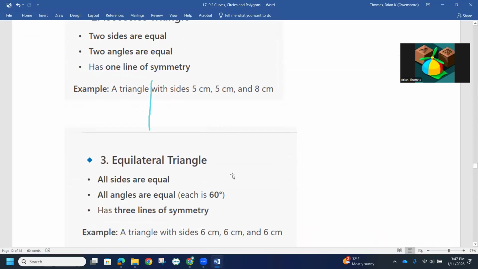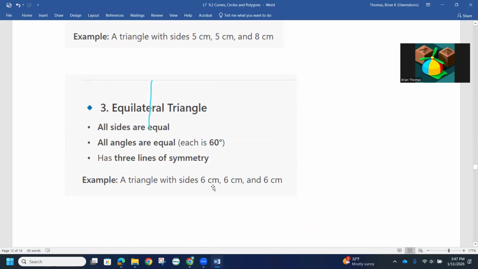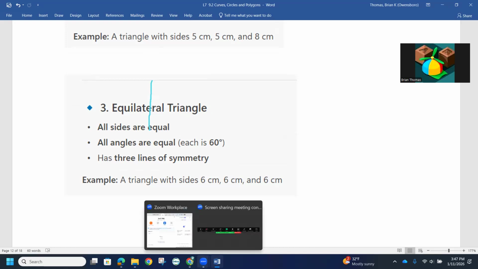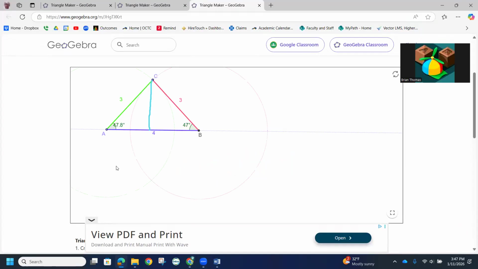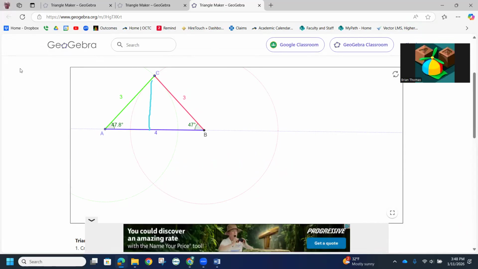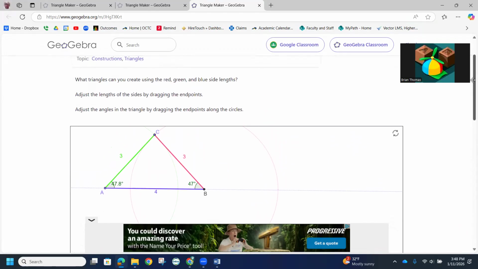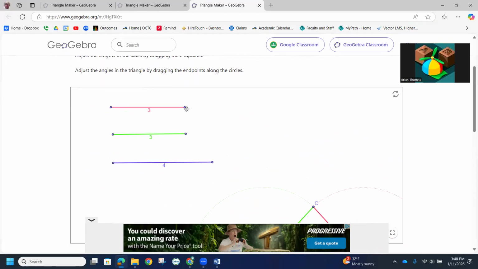Okay. So we have an equilateral triangle, which means all three sides are equal, which means all three angles should equal 60. And there's actually three lines of symmetry. So they're saying like 6, 6, 6. Let's see what we can create over here using my tool. That's the wrong one. So if I can clear this off here, where's my eraser at? So if I can find my sides again. So if I say 3, 3, 3,